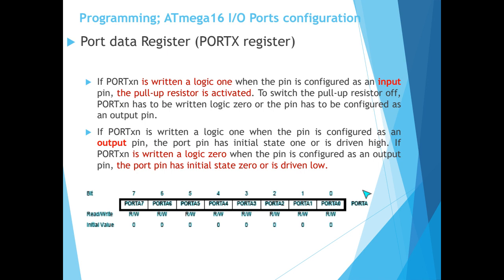And because the index starts at 0, the last bit number is 7 and the first bit number is 0. So if PORTXn is written a logic 1, for example PORTA0 is written 1, when the pin is configured as an input,